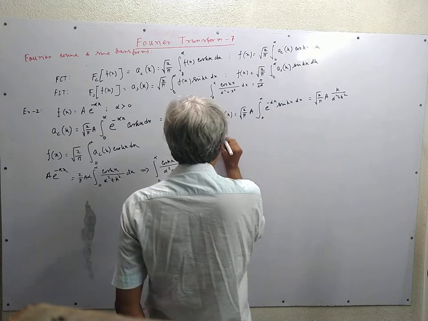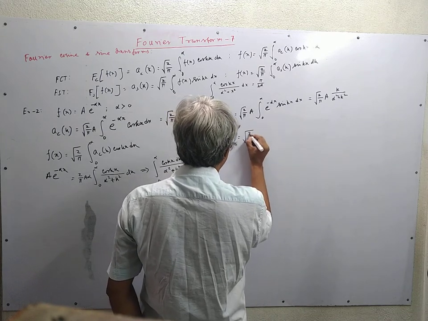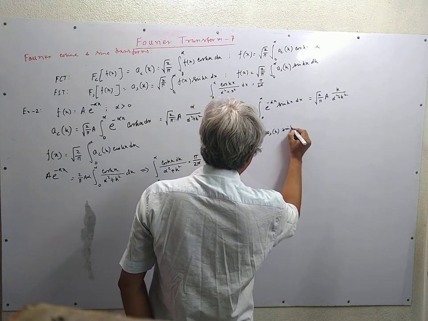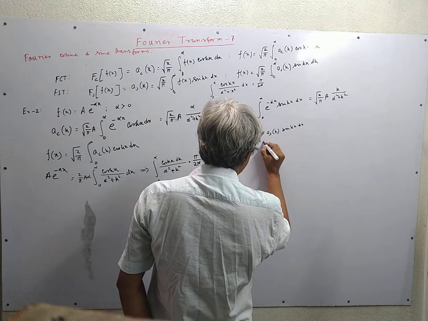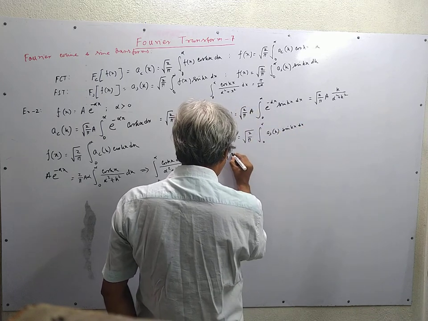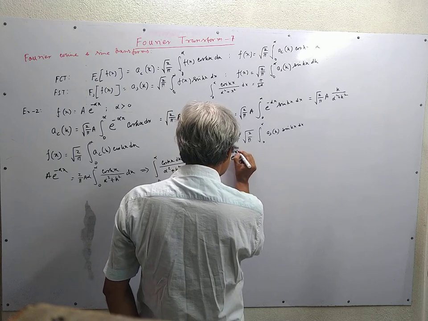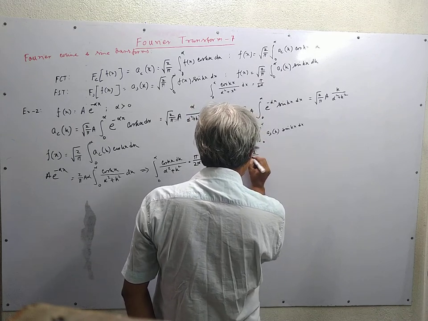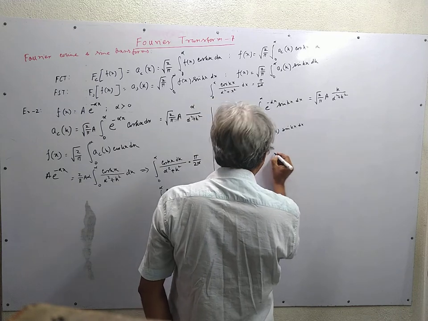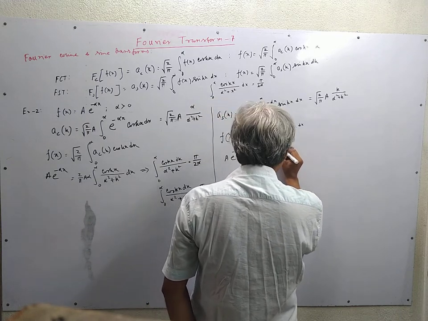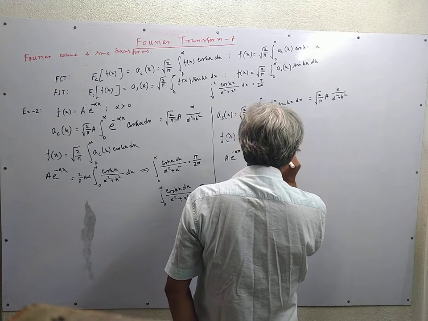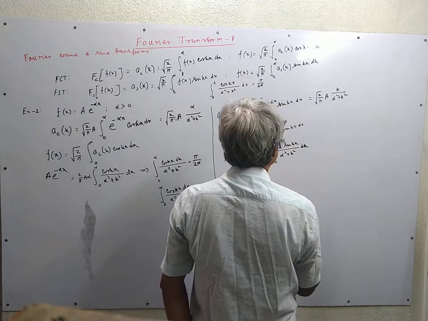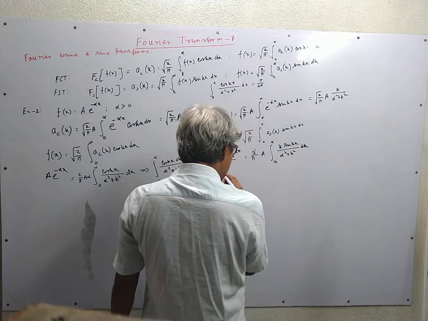The inverse transformation gives you a e to the power minus alpha x, and this is 2 upon pi, because another root 2 upon pi comes from here, and then integration k sine kx over alpha square plus k square dk integrated from 0 to infinity, which gives us the result